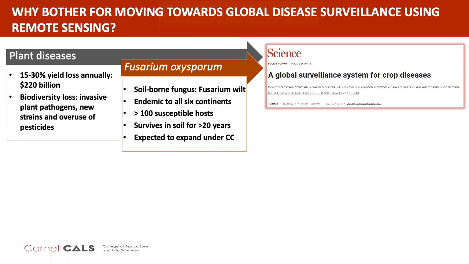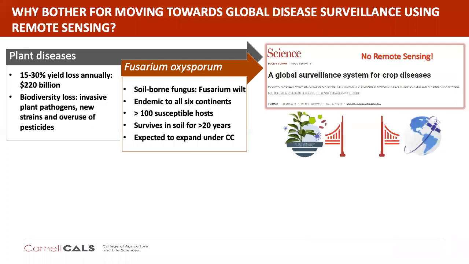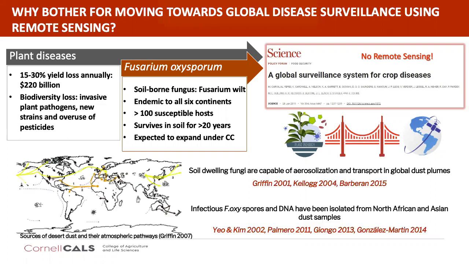Because of the grand scale of these problems regarding plant disease, a group of world pathologists got together in 2019 to offer a wonderful Science paper about the need for a global surveillance system for crop diseases. But also the use of remote sensing offers an opportunity to detect and predict pathogen dispersal. Despite this, the paper had no mention of the role that remote sensing could play in it. This shows how distant the fields of plant pathology and remote sensing are right now. Our project bridges this gap by laying the foundation for a global remote sensing-based crop disease surveillance system for Fusarium wilt,